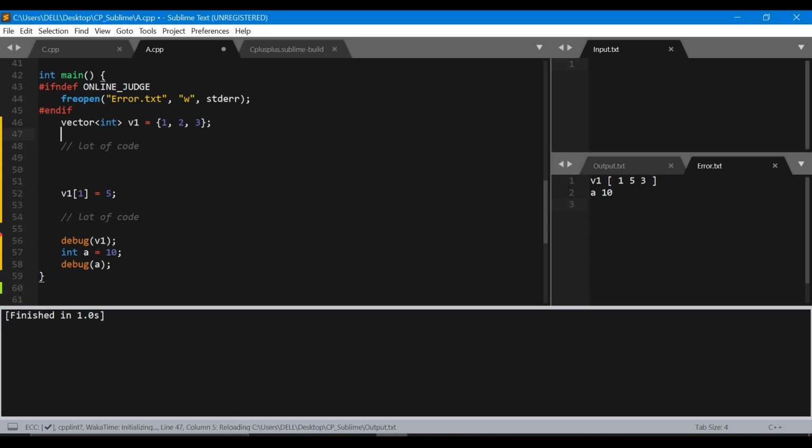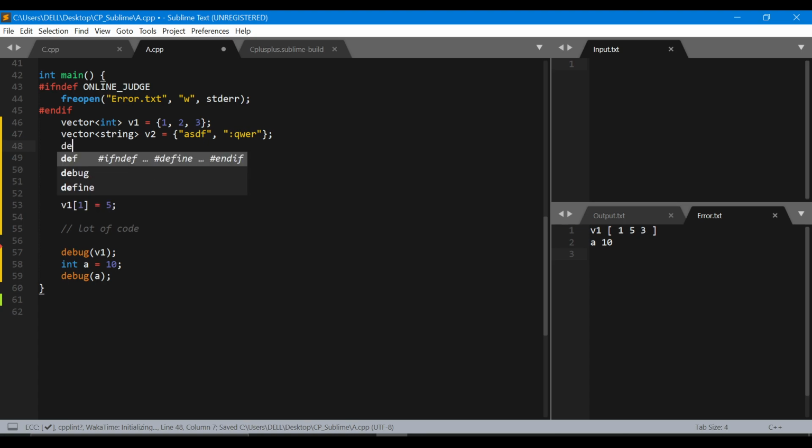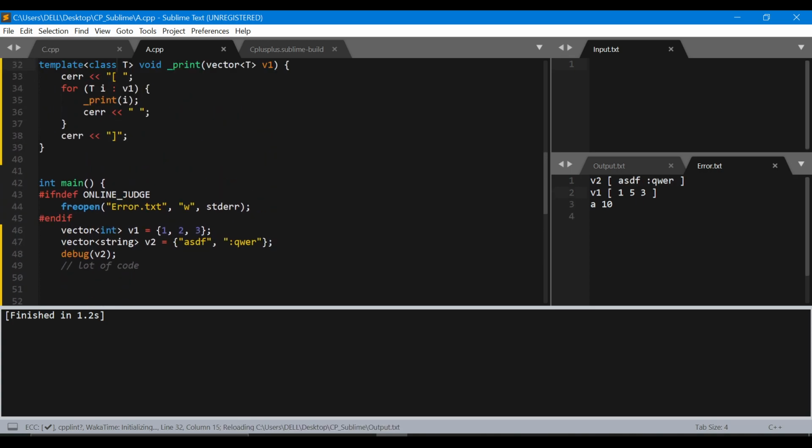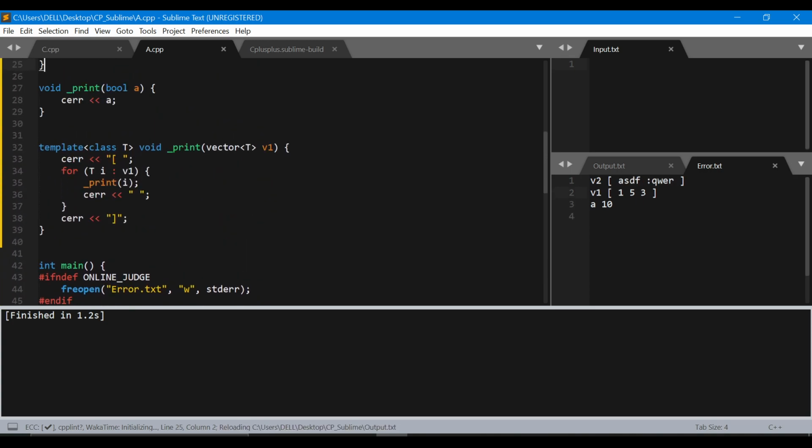Let's say we create a vector of type string now. Okay, v2 equals to. Let's say this is a vector of type string and let me do debug v2 now. So now you also have your vector of type string getting printed. I mean getting debugged. So the great thing here is that now you can pass in a vector of any type.